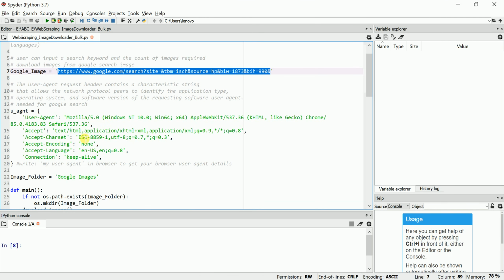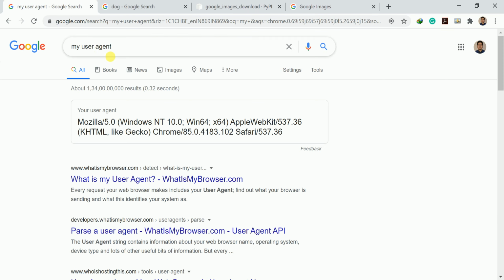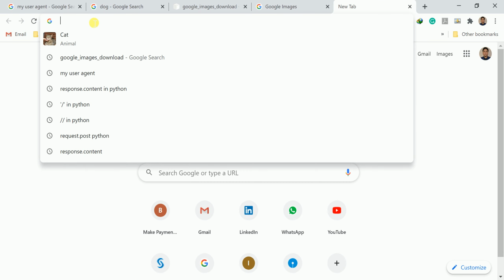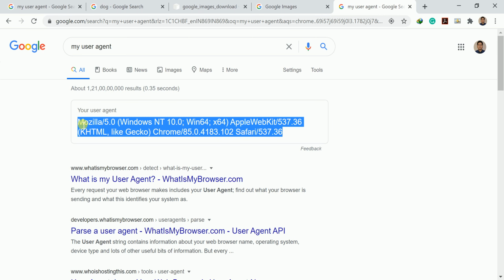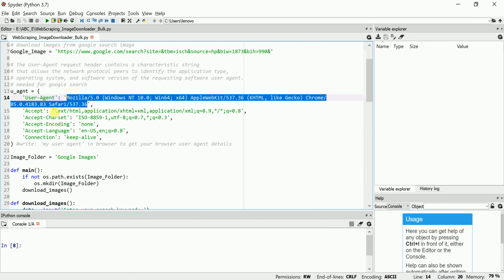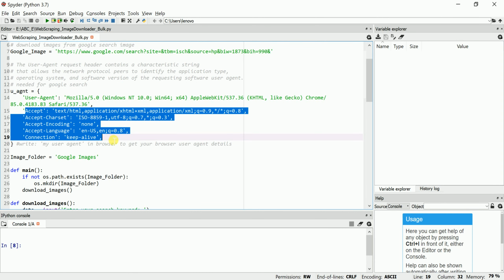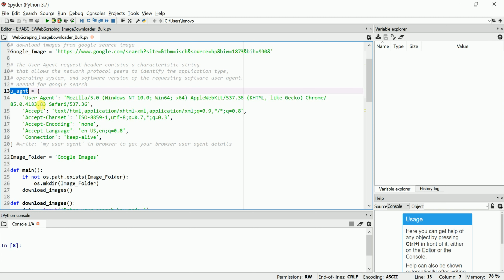Then what else we require is our system user agent. How we will get the user agent is, you can write in Google, here in a new browser, my user agent. You will get this. Just copy this and paste it here between these. These are the standard. You can keep the same thing here, and I am saving these details as a dictionary in a variable called u_agnt.